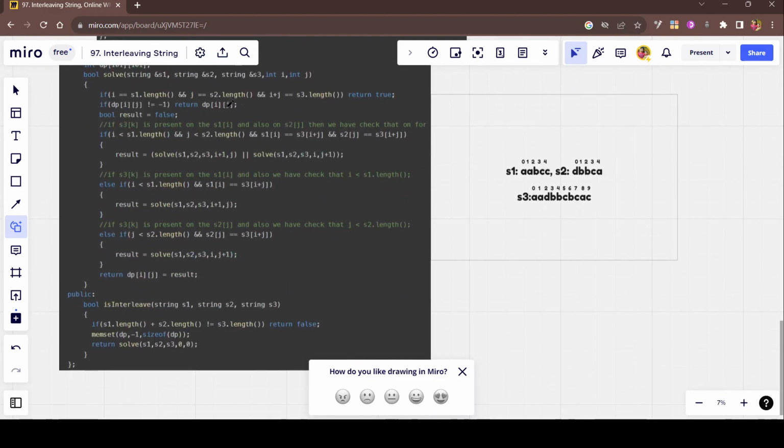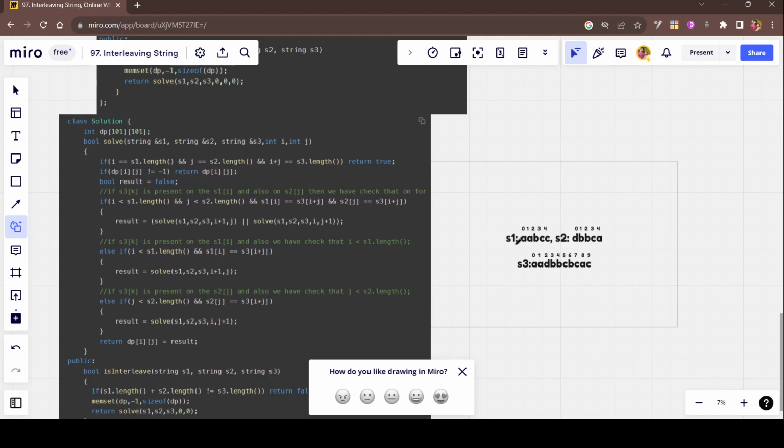Let's think of it. See this in one state, like in this example, if we take A from here, A from here, then DBBC from here,